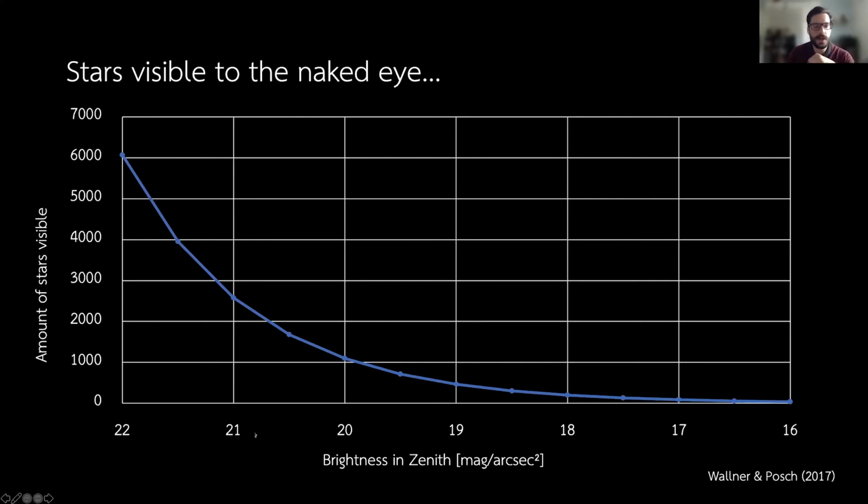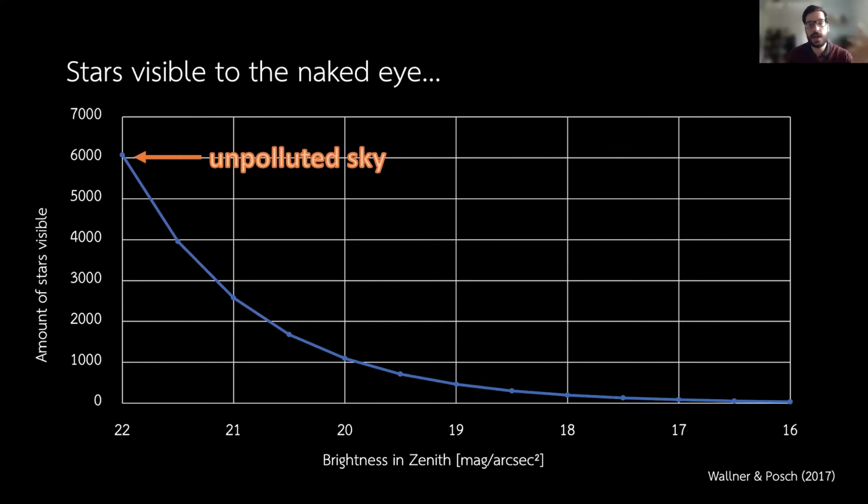And in fact, these magnitudes are not a value giving you the brightness, but more or less the darkness of the night sky, because if this value decreases, the night sky brightness is increasing. So just think of it as a value for the darkness of the night sky. And talking about 22 magnitudes, this is one of the holy thresholds for astronomy, because at 22 magnitudes in the highest point of the night sky, you can really say that we are talking about an unpolluted sky.